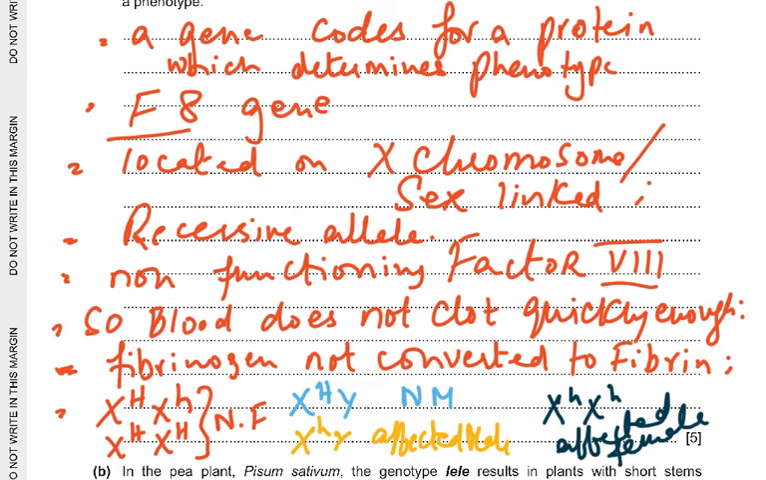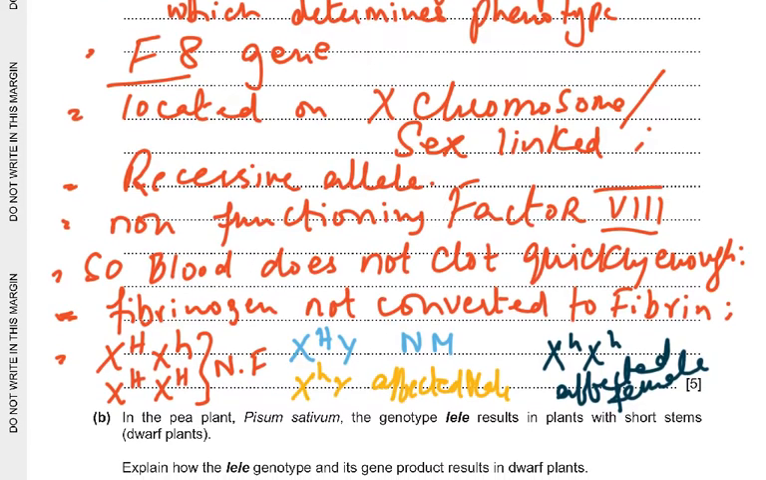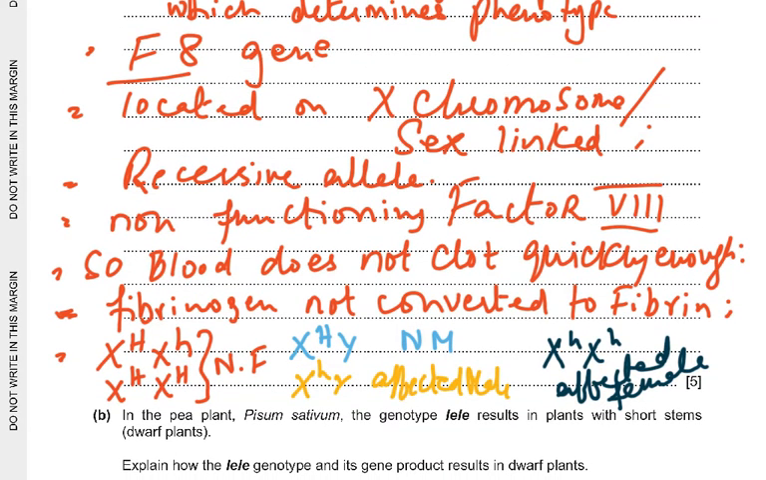So you can see the wording of it. A gene codes for a protein which determines phenotype. Then it's the F8 gene. It's located on the X chromosome, and that is why it is called sex-linked. It's a recessive allele. It results in a non-functioning factor 8 protein being produced. Blood does not clot quickly enough, so there's going to be excessive bleeding, and the person can even die of it. And the reason is that factor 8 is responsible for the conversion of fibrinogen to fibrin,